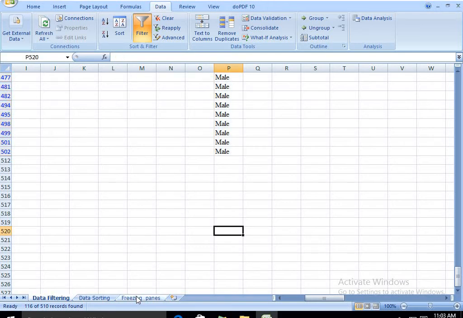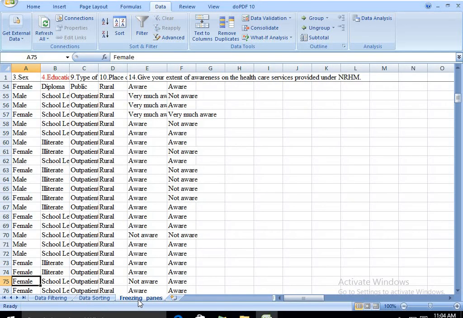One more thing: now I have been using the third sheet first, then the second sheet, then the first sheet. This also can be changed. What you have to do is go to the sheet which you want to move, you get a square mark, bring it to the front, and it will come to the first. This is sheet order changing.